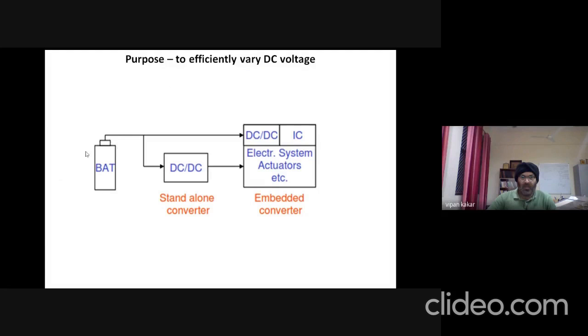So I already discussed that this is a battery. This battery can directly run this DC to DC converter. It can also be used to power these DC to DC converters, as well as other components over here. So this single battery is used to power up all the devices over here. How is it possible? With the help of DC to DC converters. That's the main purpose, so that the workload at the battery is optimized.